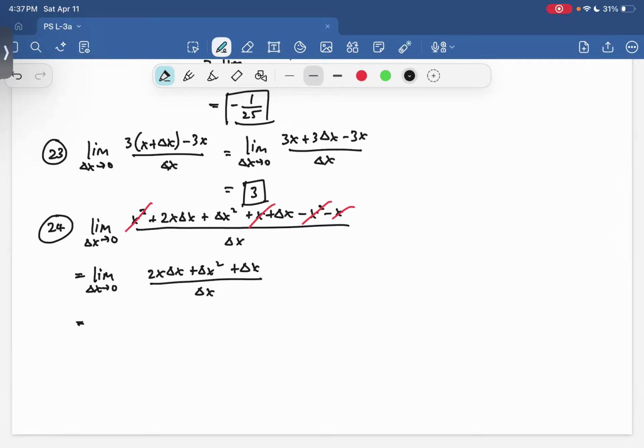And if we simplify this, we are going to get 2x plus delta x plus 1. So I'm just dividing each one of these terms here by the delta x in the denominator. And now we can plug in delta x equals 0, which leaves us with 2x plus 1. Okay,